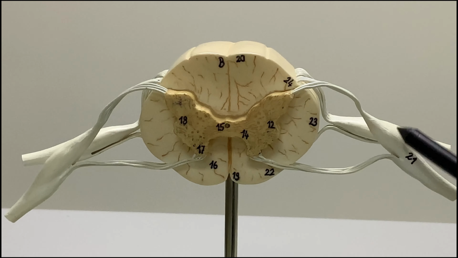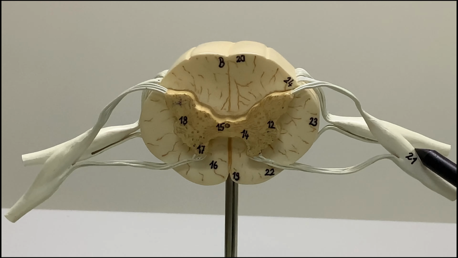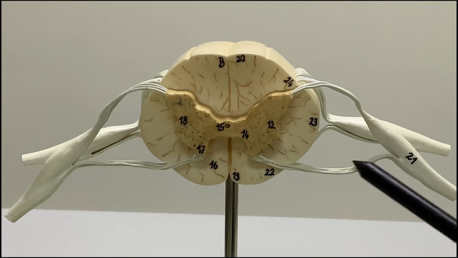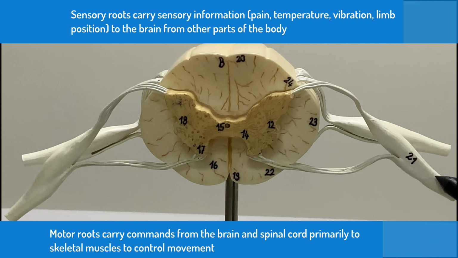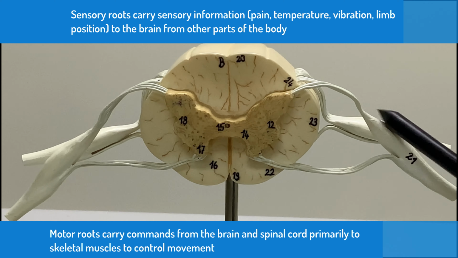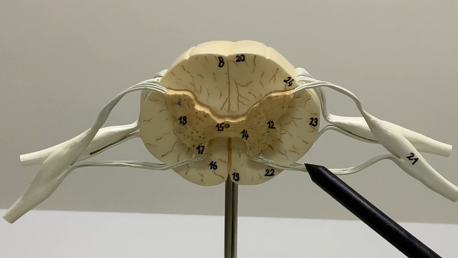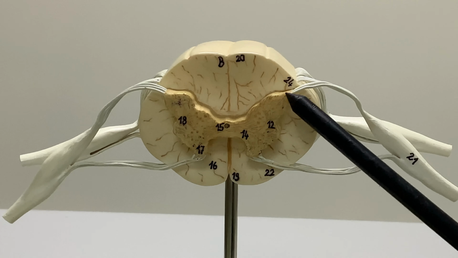This swollen part is called the dorsal root ganglion. And now this dorsal root ganglion, basically, is the origin of the sensory component of the spinal nerve. And this ventral root is the motor component of a spinal nerve. So a spinal nerve which you are seeing in the making at the moment has a sensory component and a motor component. These motor filaments and motor fibers relay into motor tracts. Sensory relays into sensory tracts.